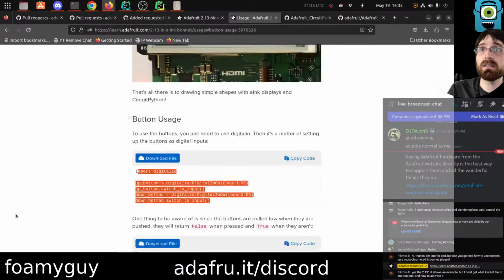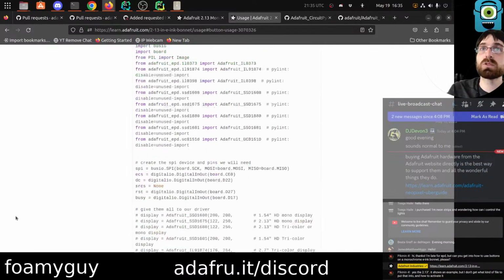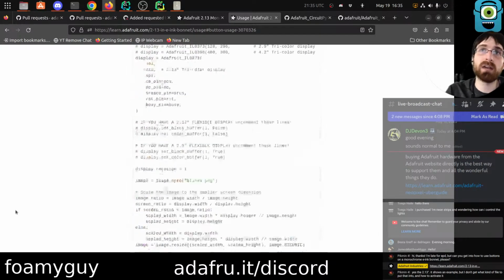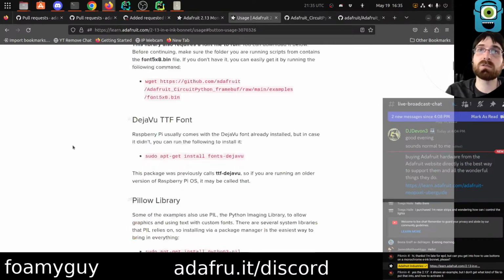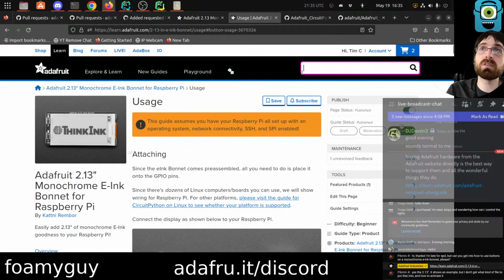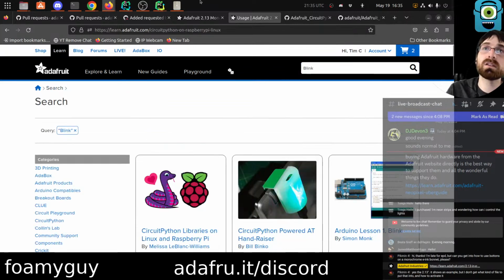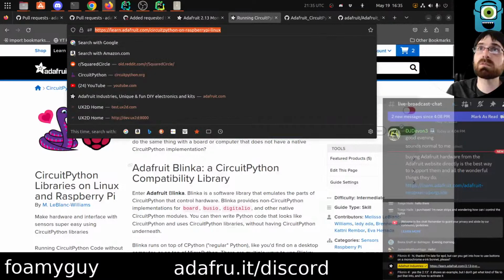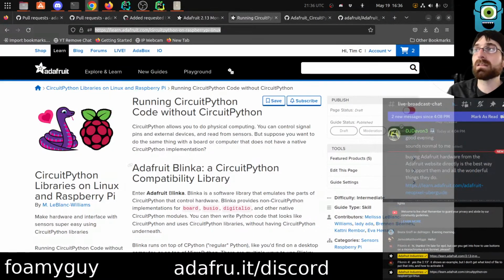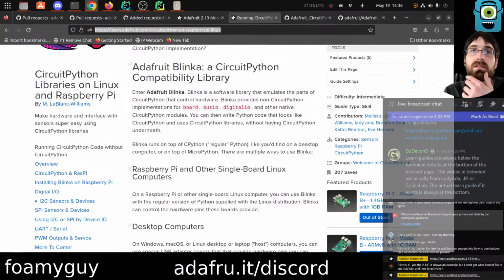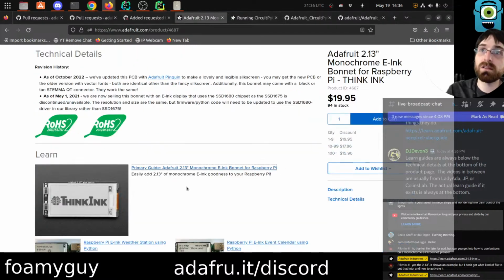If you have not done that already and you just have a plain Raspberry Pi out of the box and have not done anything else to it yet, probably the first thing you need to do is find this guide right here, CircuitPython on Raspberry Pi Linux. There will be basic setup in here that will get you up and running with Blinka, which is the CPython compatibility layer that runs on Raspberry Pi